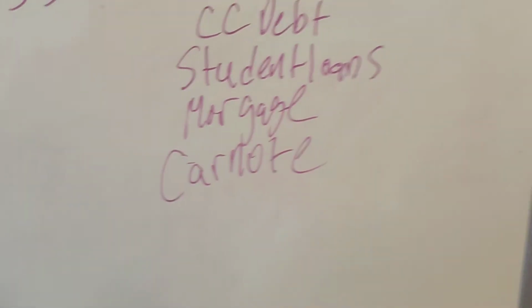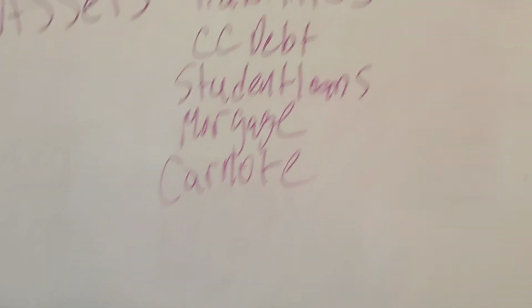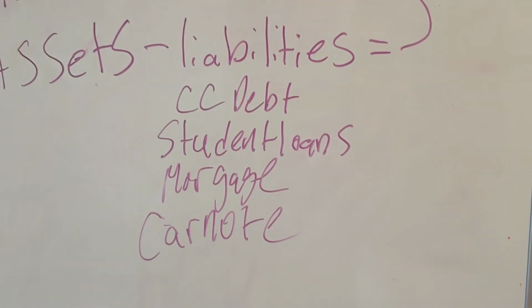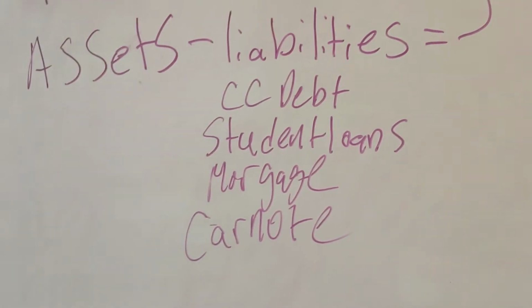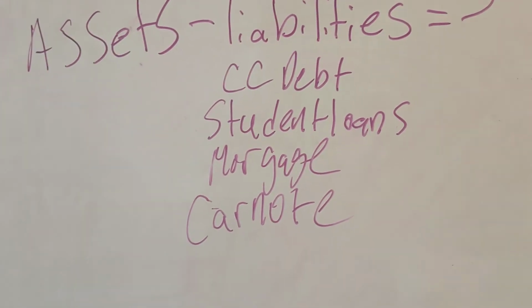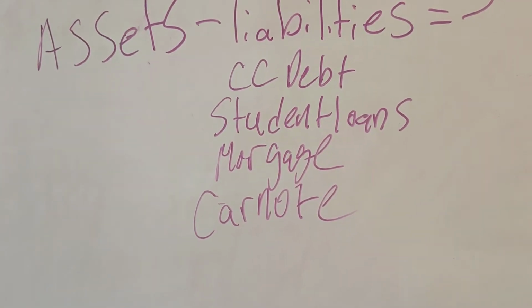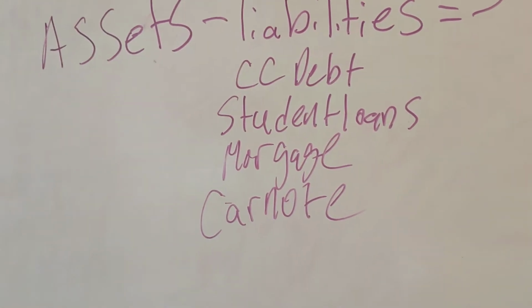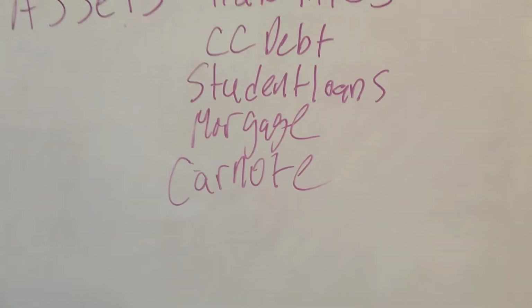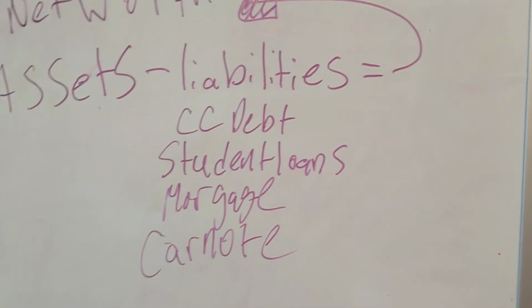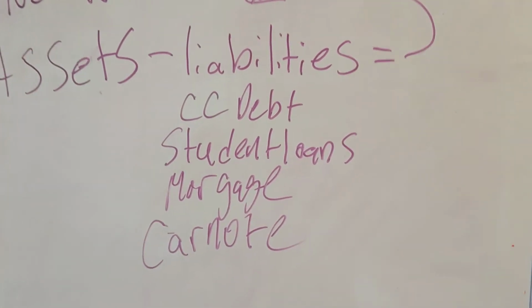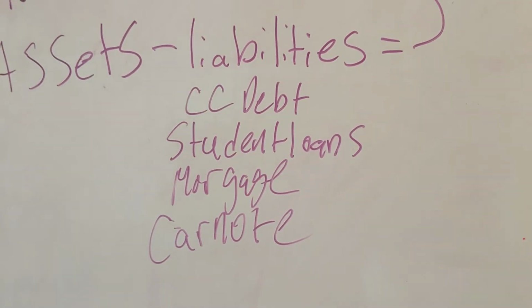And then these are the other two big ones. This is your mortgage and your car note. I could lump it into credit card debt, but maybe you're on a payment plan for a laptop, or anything that they offer you a payment plan for, which is like all of this stuff. So these are your typical liabilities that will in turn make your net worth go into the negatives.